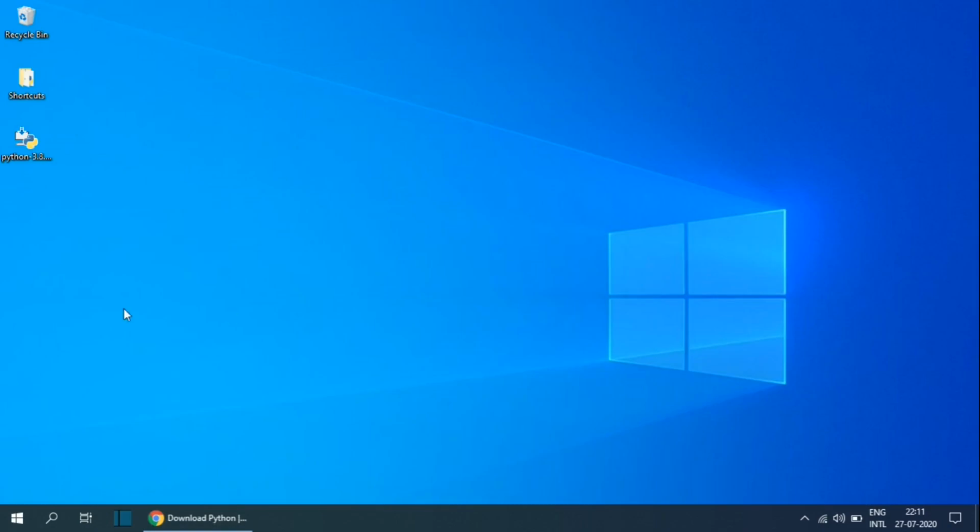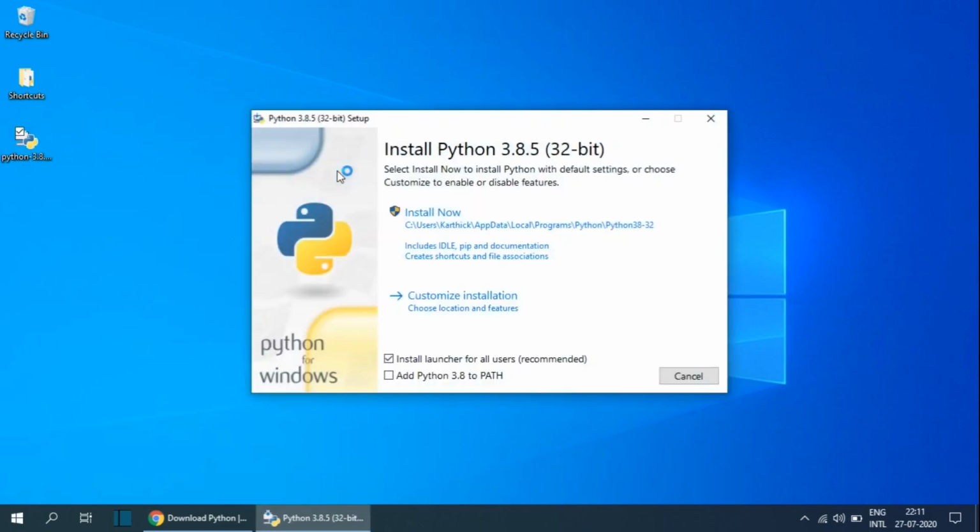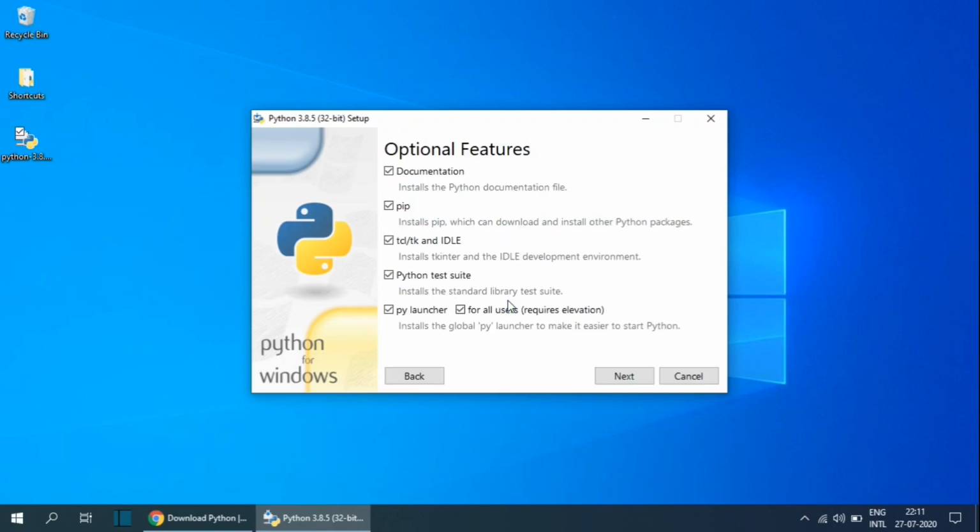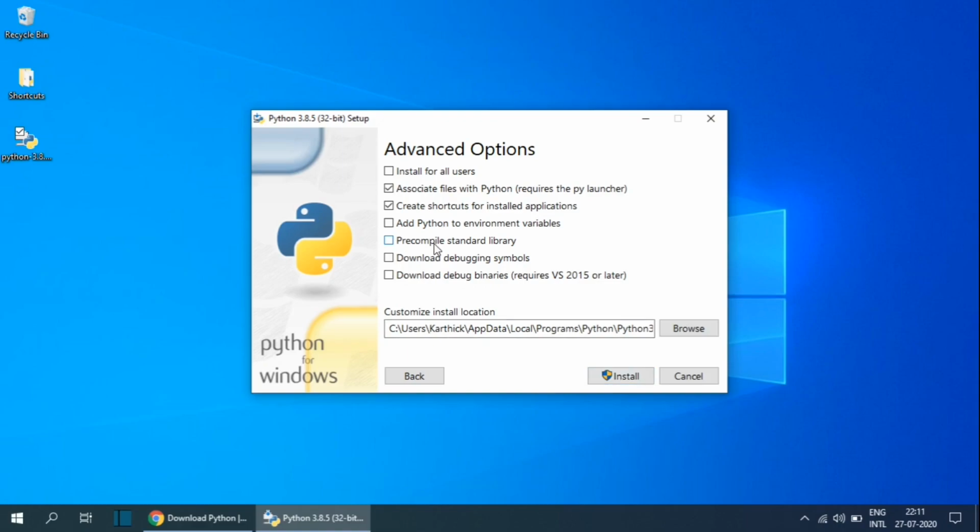Once it is downloaded, double-click on the downloaded file and click on Customize Installation. You can also click on the Install Now. In the optional features, leave all the features as it is. Click on the Next button. I am going to change the install location to a different folder than what it is given here.